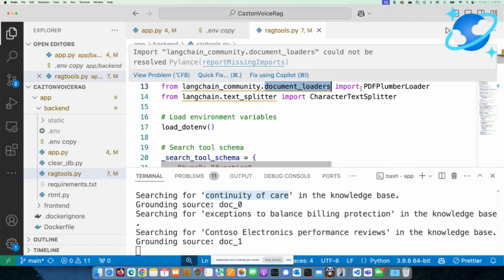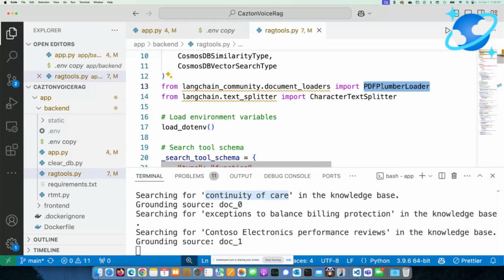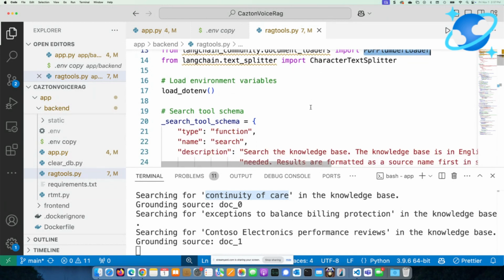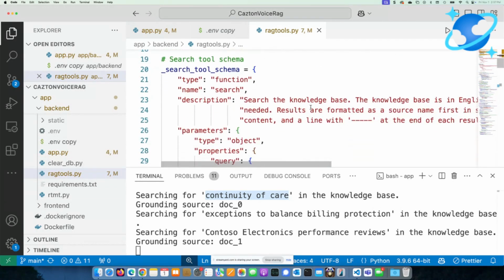Then we got the document loaders, and we use a PDF plumber, which basically is, behind the scenes, LangChain creating a wrapper for PDF plumber, which is another Python library that will basically take your PDF data and get you the text. Now, we're using function tooling, which is exactly the same way as Pablo's original code has.